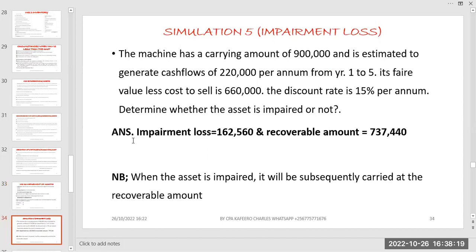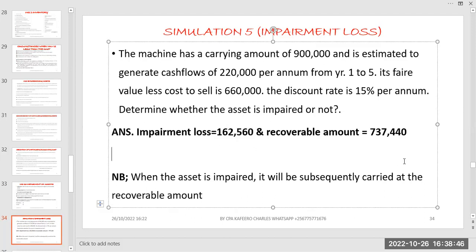We have a simulation there. Let me first take you through the computations, the theoretical aspect. This one is only testing something you already know how to get. I taught you how to get the present value. I've given you the impairment and the recoverable amount. Of course, when we say the recoverable amount, we compare the fair value, and to give you a brief view, they are saying